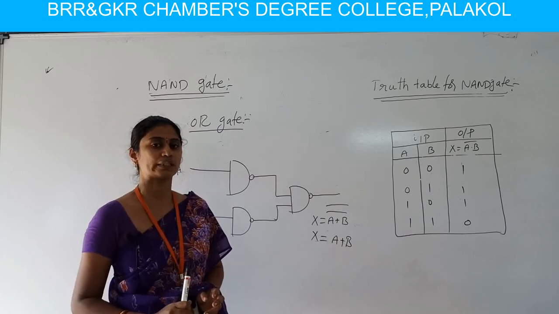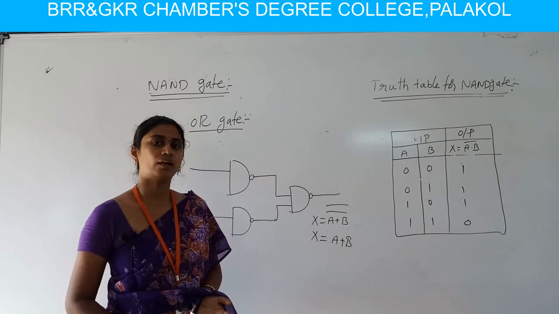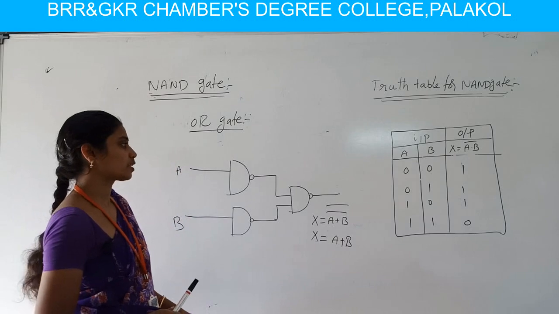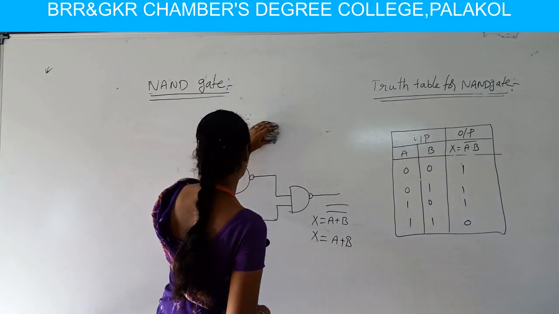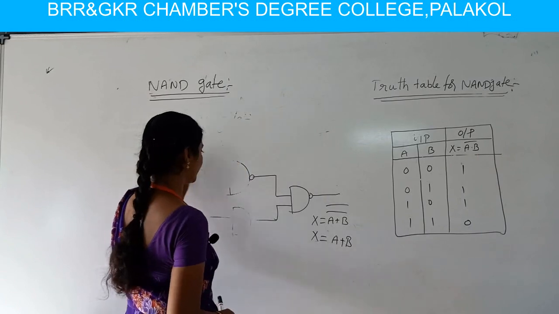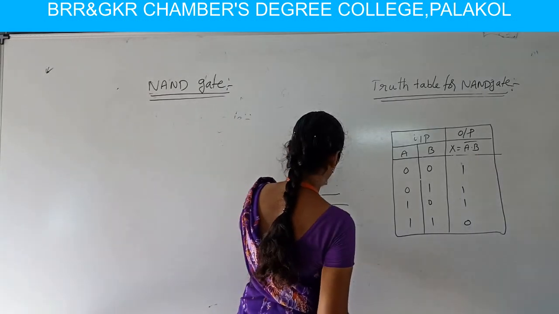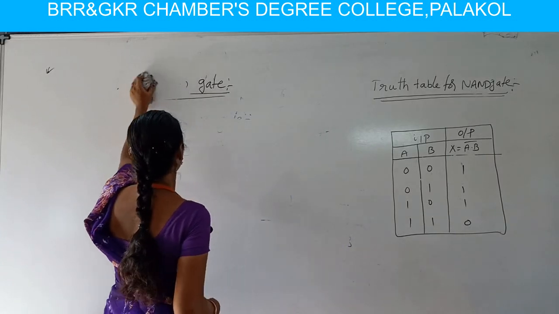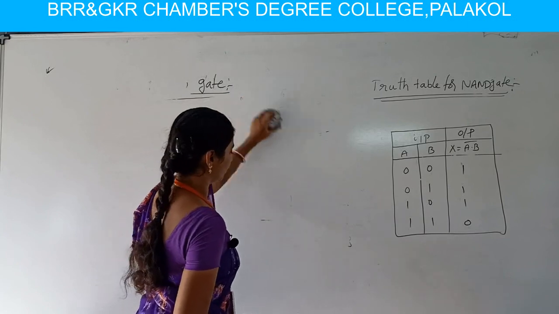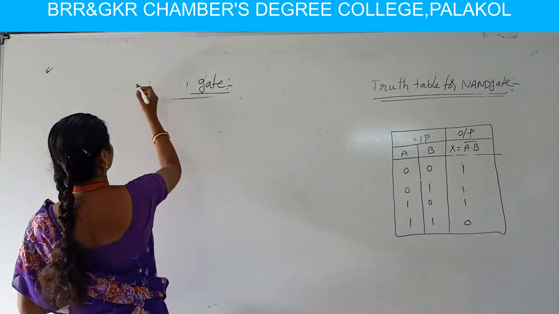So these are universal gates. From these gates we can construct the AND gate, OR gate and NOT gate as follows. In this manner we construct the basic logic gates. I hope you are following this NAND gate and NOR gate. Next we go for the next gate, which is the final gate in this topic, nothing but the exclusive OR gate or XOR gate. The gate is said to be exclusive OR gate or XOR gate.